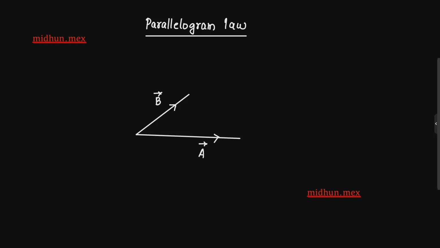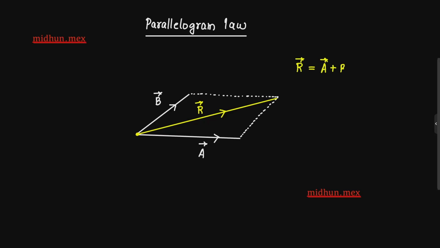According to our parallelogram law, what we will do will be, we will be constructing a parallelogram like this. So we will draw vector A, same length like this, vector B, same length like this. We will construct a parallelogram. And the diagonal of this parallelogram starting from the tail joining, from here, if you draw a parallelogram diagonal, this diagonal is called your resultant, which means this diagonal we will represent by R. And this R value will give you vector A plus vector B.